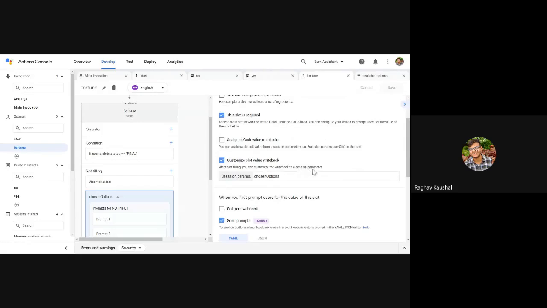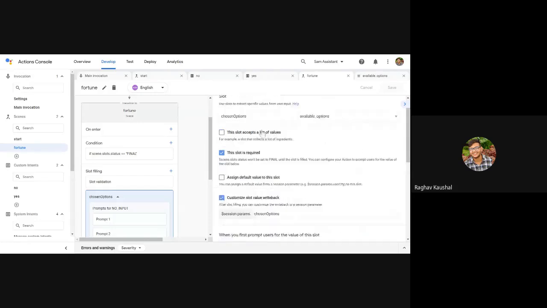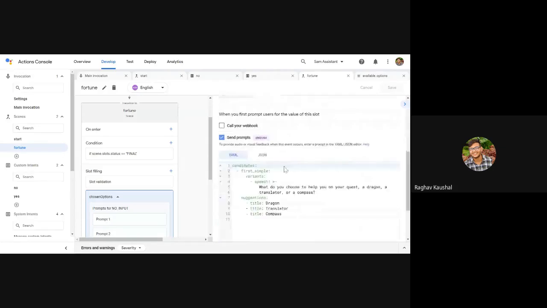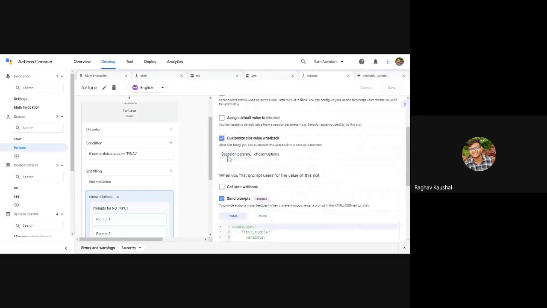For example, you have kept the name chosen option here, so it will automatically keep it as chosen option here. This dollar session dot params, you can think of it like in English, where we say the Taj Mahal. We say it with the, so you can think of it like that.